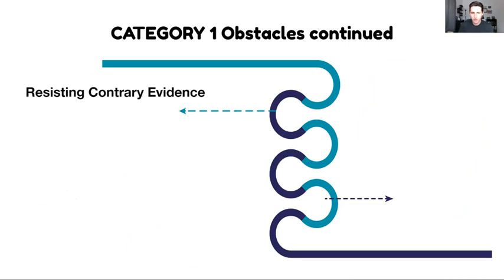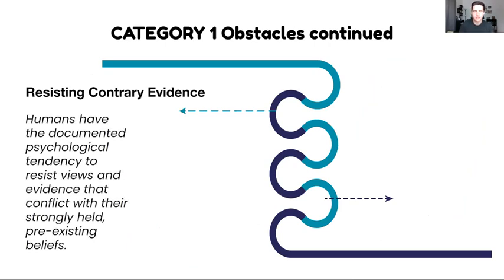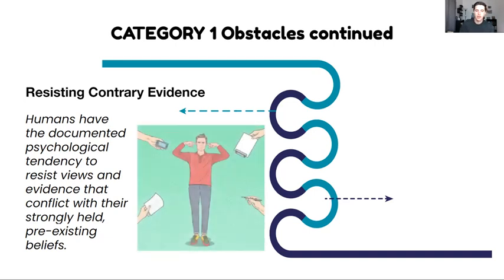So moving on to the wrap up of category 1 obstacles, the book really emphasizes, and I quite agree, the urge to resist contrary evidence. And this has been exacerbated by online discussions and the modes in which we communicate online, perhaps. So humans have the documented psychological tendency to resist views and evidence that conflict with their strongly held pre-existing beliefs,